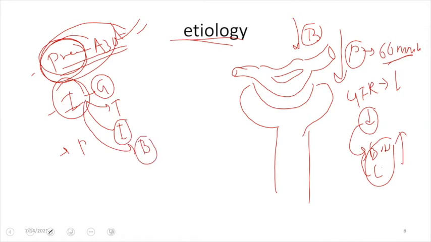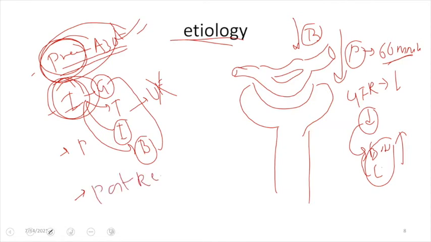This will manifest with azotemia, because as the kidney is being damaged, it will not be able to perform ultrafiltration, and because of this decrease in ultrafiltration it will manifest with azotemia, and that is known as intrarenal azotemia. So a problem within the kidney will manifest with intrarenal azotemia, but mind you, I'll be talking about this in a lot of detail in the topic of acute tubular necrosis, and acute tubular necrosis is the major cause of acute renal failure altogether. So the third cause is known as post-renal azotemia.